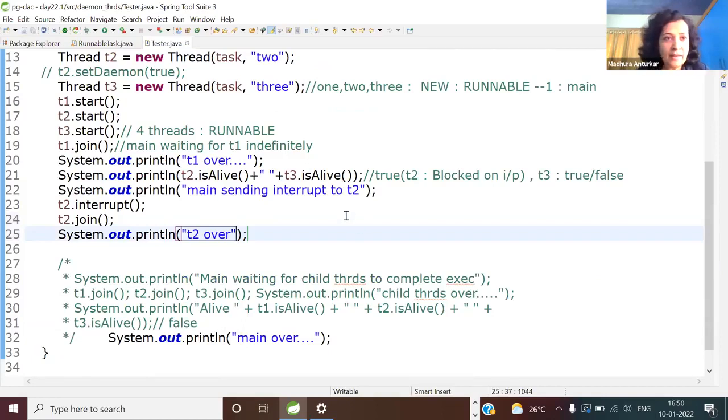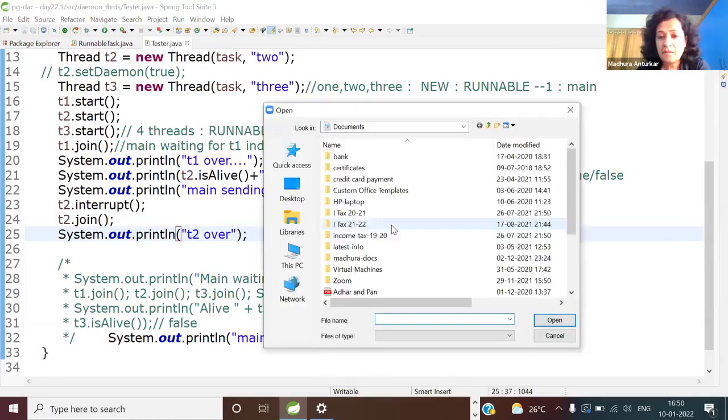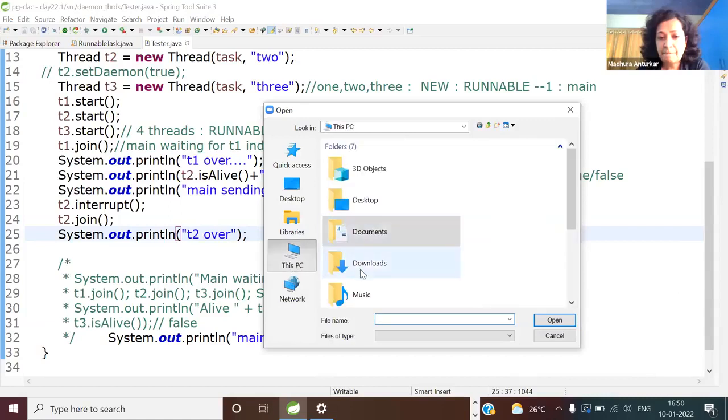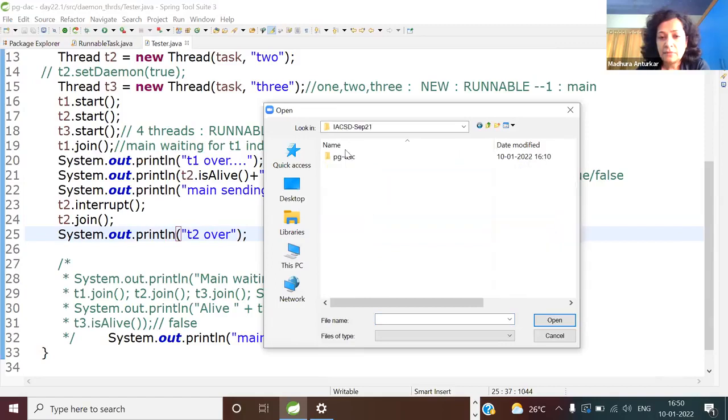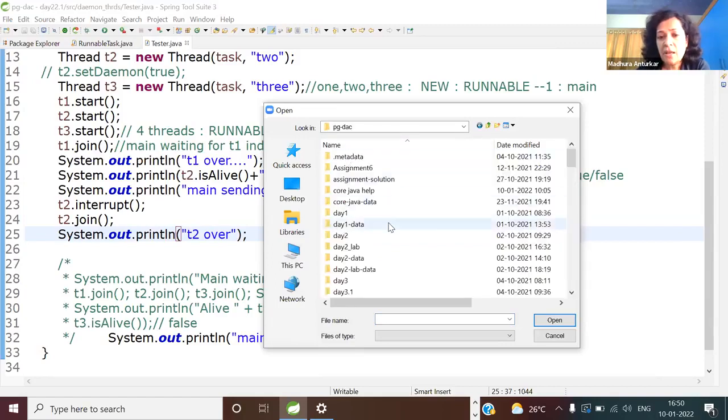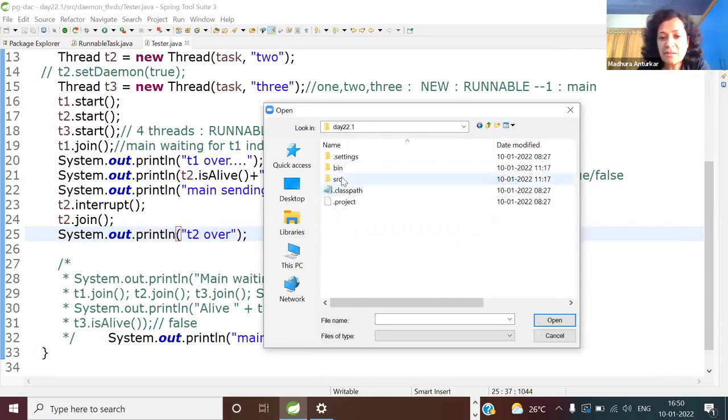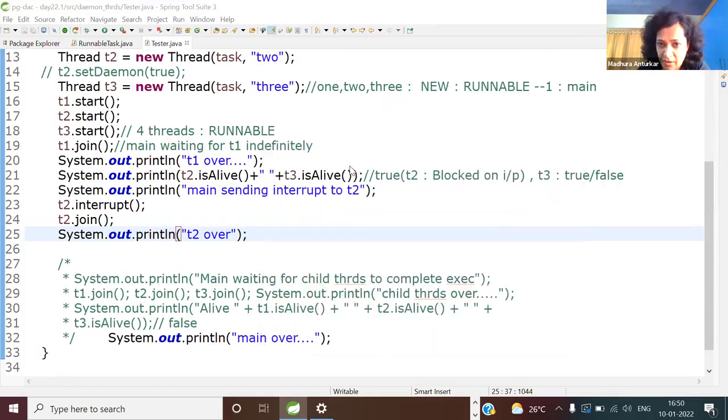If you want, I can send you all this. I hope you are working on this core Java workspace. Now you have 2 workspaces, one is advanced Java, one is core Java. So I hope you have shifted to the core Java workspace. Let me send you this in case you want it. Core Java 20.1, because I made a lot of changes there. It's my job to send you things, in case you want.